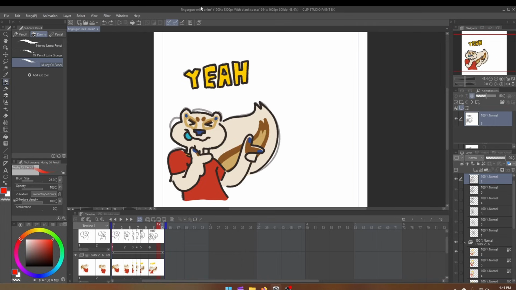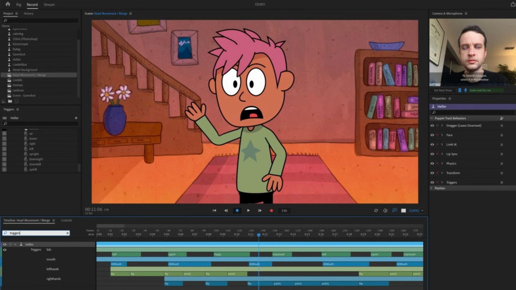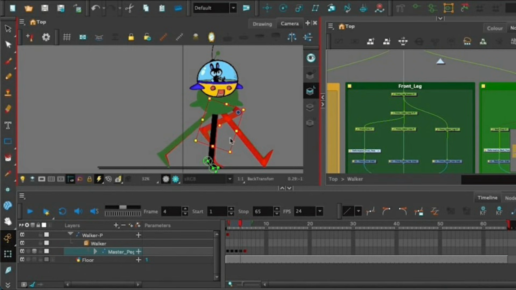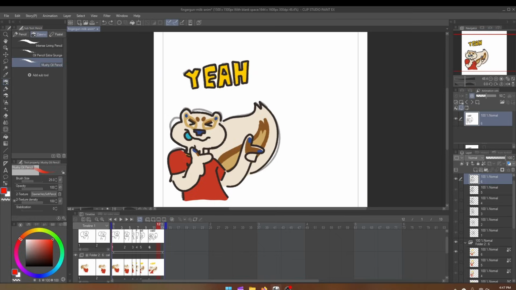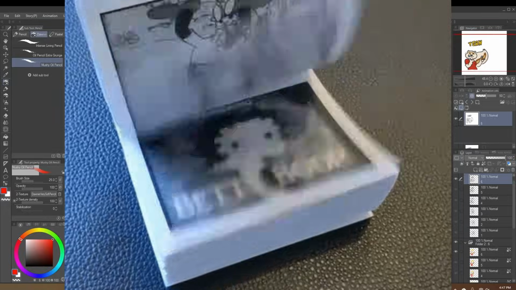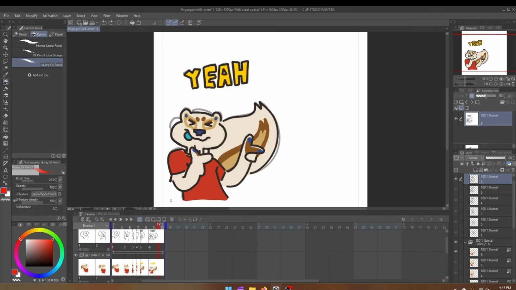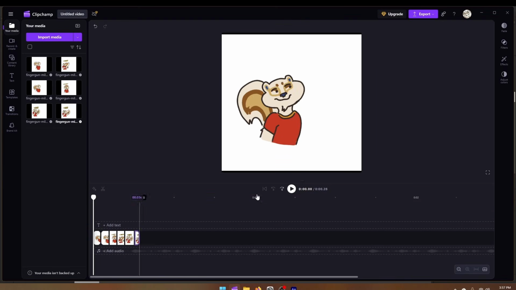Now, like I said, I animated this using Clip Studio Paint X, but you have options. You could animate this in Procreate, you could use the Adobe suite, Adobe Animate. Toon Boom is a great professional option. There are also some free options like OpenToonz, for example, and you don't even need a program. You can get a flipbook and animate completely traditionally. You can even draw all of your frames. Open something like Clipchamp, which is a totally free program, and use that to put together your frames into an